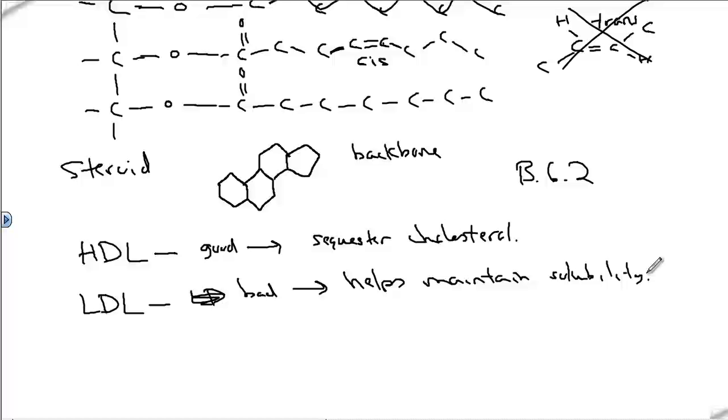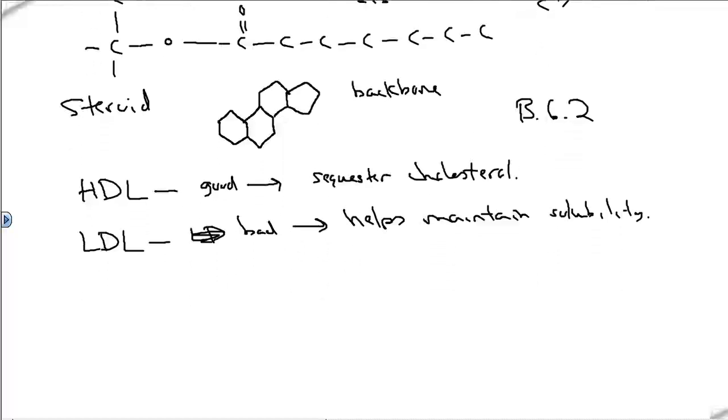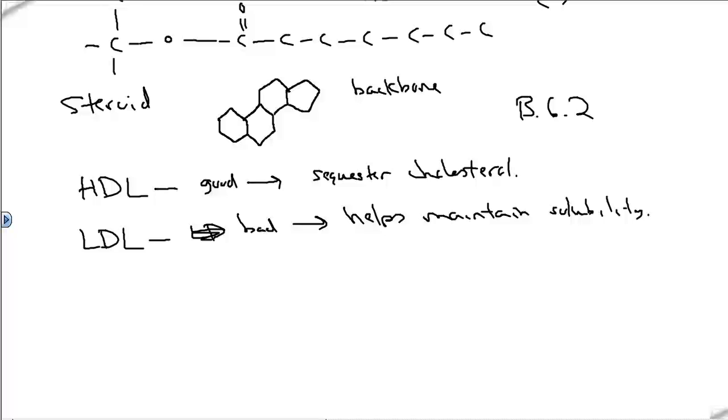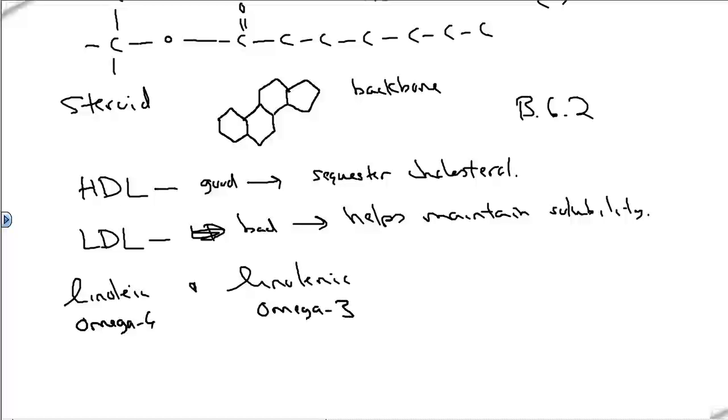We've already talked about the difference in structure between saturated and unsaturated. Remember, this is unsaturated. Let's see, the next one, you're being asked to tell the difference between linoleic and linolenic. Now I'm not going to draw them because they're actually in your data book. Linoleic is known as omega-6, and linolenic is known as omega-3. They play a role in nervous system function, among other things. So it's one of those things, if you want an extra mark here and there,